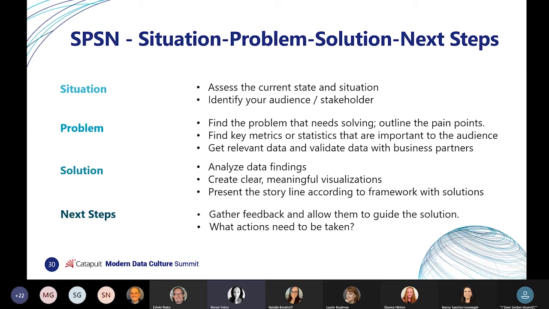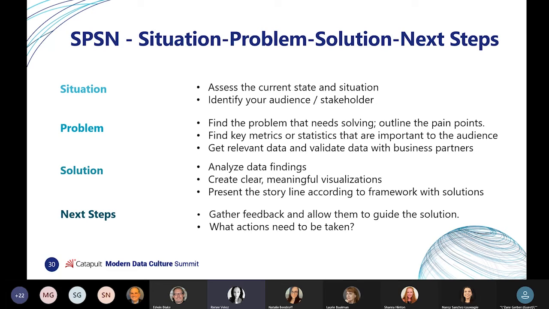So how do we present our findings and visuals in a way that's clear, concise, and impactful? We tie everything we know about data storytelling to the situation, problem, solutions, next steps framework. The acronym is SPSN, and it's been used by Robert Young in his digitalization strategy and transformation team. He suggested that when you are presenting a case to the business, you should do it